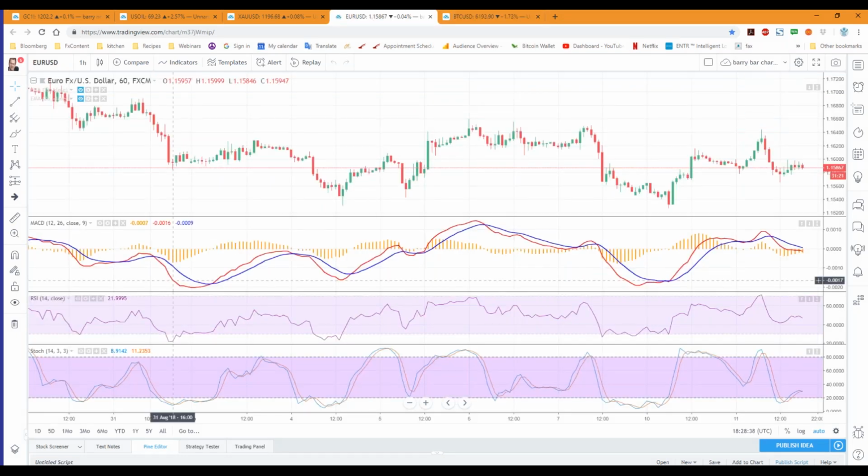Now here we have the Euro US dollar chart. And in this case, we've now dropped 3 indicators. These are called technical indicators. And we have a whole field of technical analysis that covers technical indicators. In this case, we have MACD, RSI, and stochastics on our charts. Now, these are 3 of the most well-known technical indicators and will help us get entry points and exit points, will help us tell when a market's overbought or oversold. Some are bounded oscillators and some are non-bounded oscillators. They all do different things, but that's just only one field of technical analysis.